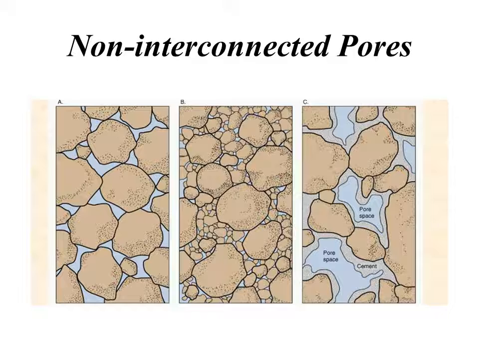Now in this diagram you can see that all the pores have no connectivity with each other. You can consider any one of the pores in the figure and see that the pore is non-interconnected with other pores. So these types of pores which are non-interconnected with each other are called the non-interconnected pores.